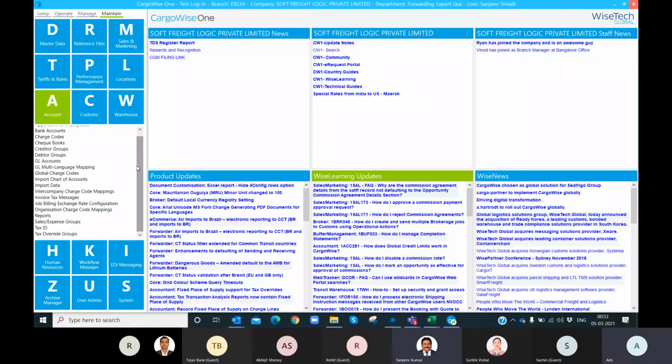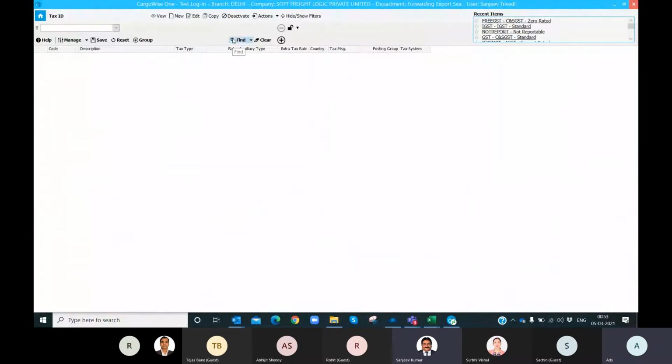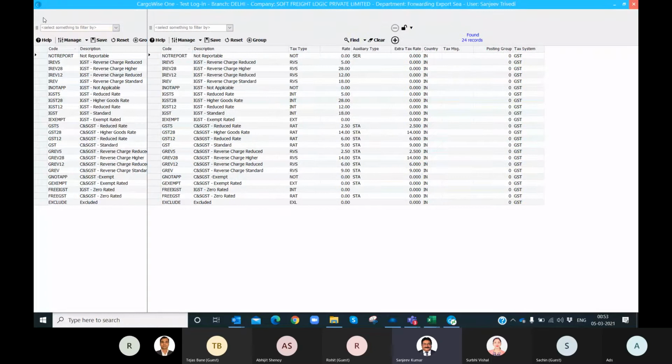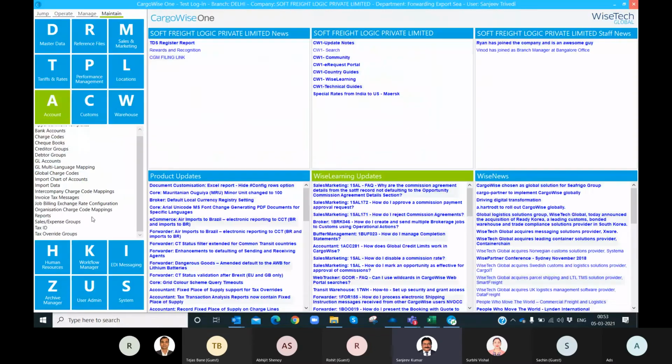If you log into India, you will find all the tax IDs which are applicable in the Indian context. Like here, I have logged into India and I can see here 24 records, meaning 24 tax IDs are there. In your US login, there will be US based tax IDs.